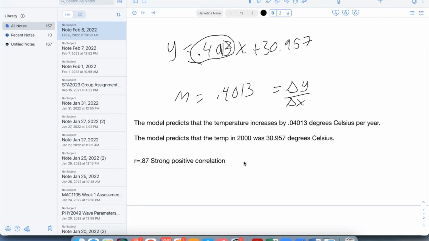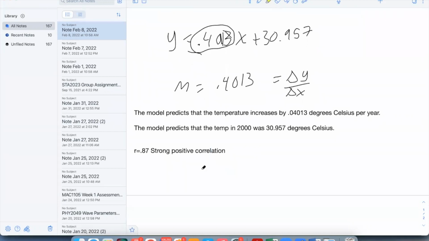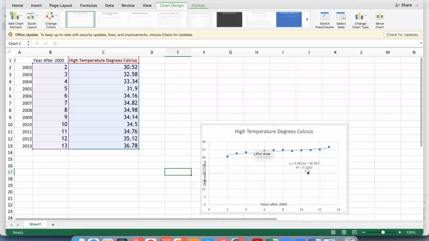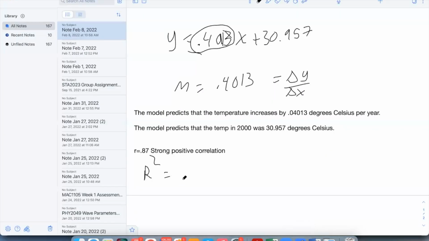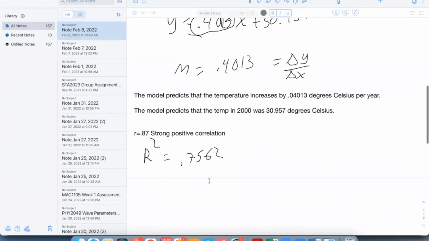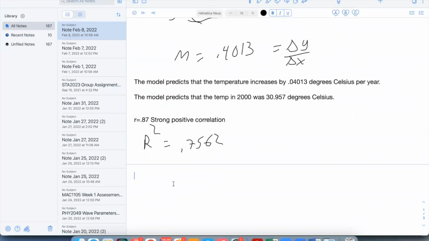Okay, what about r squared? R squared they gave to me. That was right there on the table, 0.7562. How are we going to interpret that? The r squared interpretation is the same every single time. It's going to be the same sentence. We're going to turn that into a percentage and say